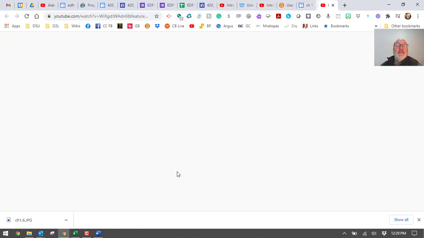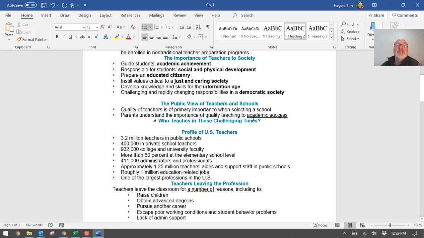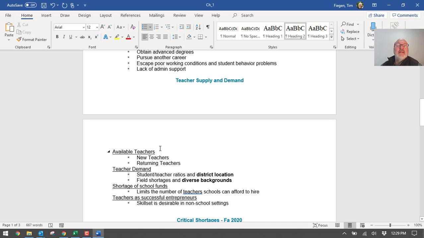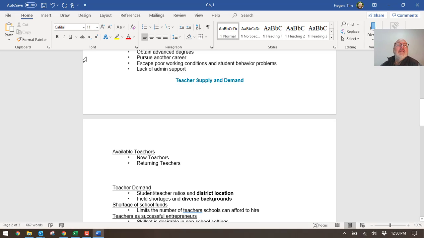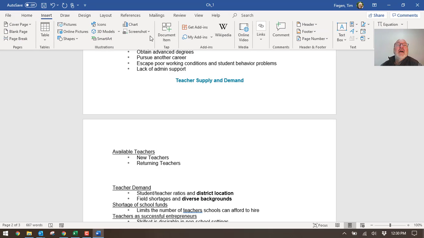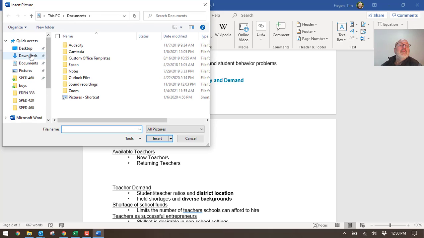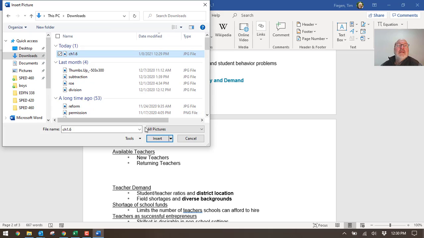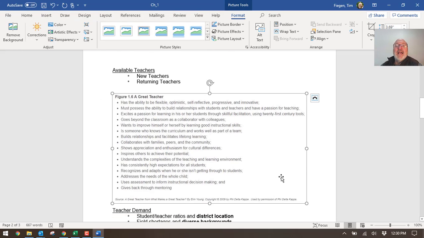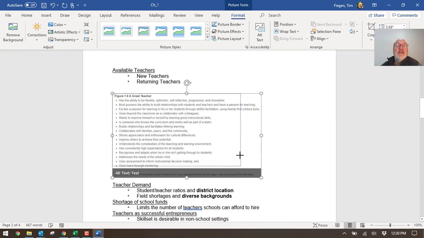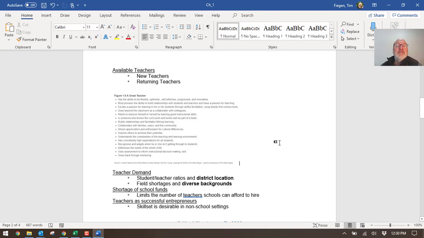All right, and then in this here, I will just insert it wherever I'm told to insert it. Say, for example, I'm supposed to insert it here. I move this down a little bit. I say insert, and it is an image. So I'm going to go a picture, and I come back to where I download. Make sure you know what that is. And it'll come in there. And you can resize it a little. And if there's other things to do, but right there you have that.